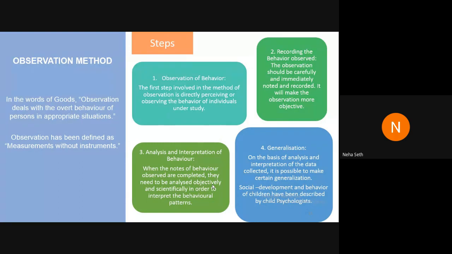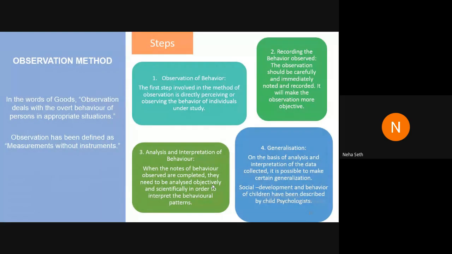But yes, 100% application is not possible. We are trying to generalize, but there is a difference between the first batch and the second batch. We need to change our observation, our tools, and our analysis according to the behavior of our class. But we have first-hand information about the class, because generally students behave in a similar fashion. There may be 1 or 2 cases which differ from the previous class, and those we need to handle on a class-to-class basis.